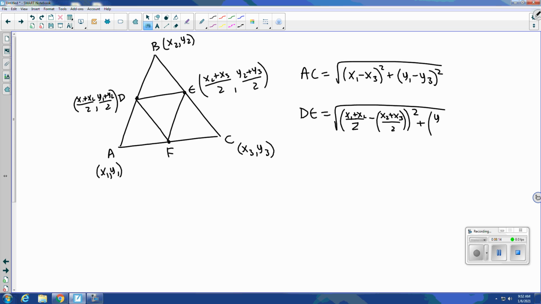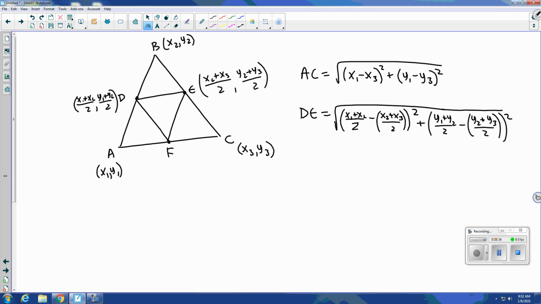So it's going to be y1 plus y2 over 2 minus y2 plus y3 over 2 squared. So this looks like a mess, but if we clean this up, let's see if there's some